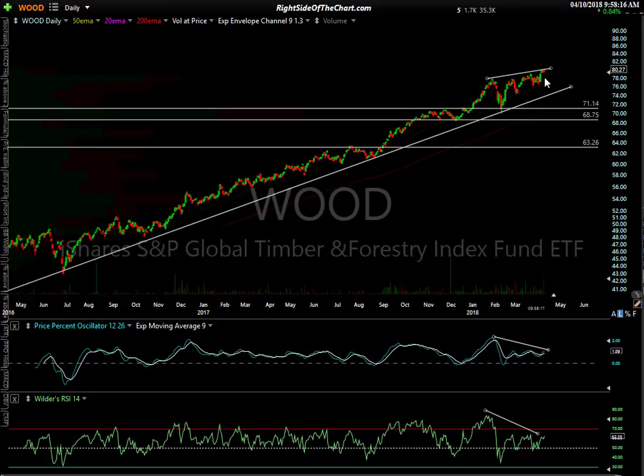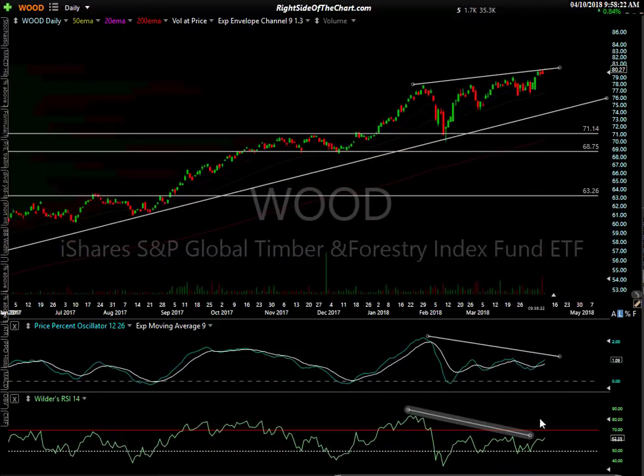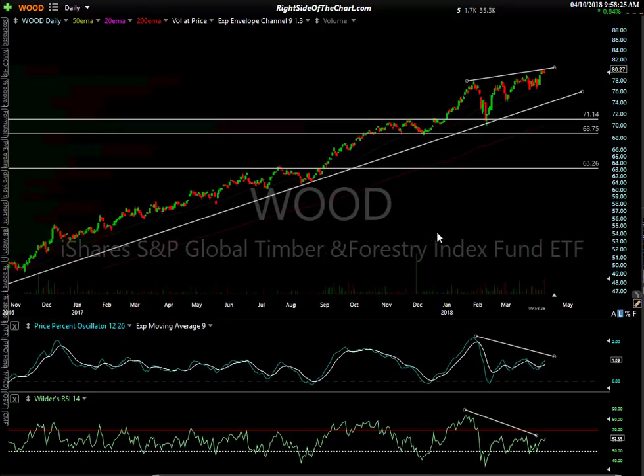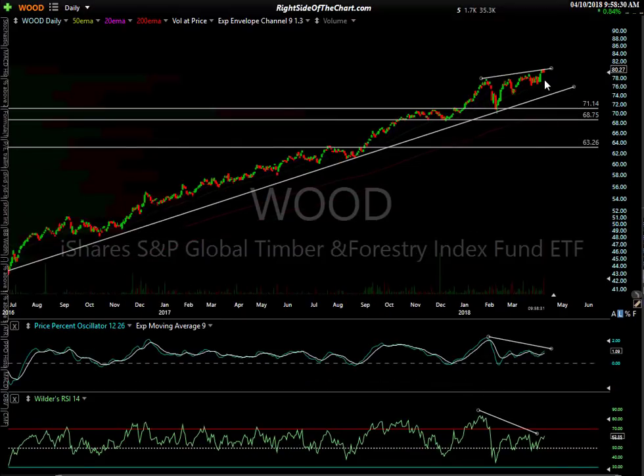But this is one that I'm still on watch for a potential reversal. Somebody inquired about it the other day, but I don't see evidence of a reversal yet. This is WOOD, one of a couple ETFs, another being CUT, and they don't hold futures contracts. A lot of people might be confused because most commodity ETNs have underlying securities that are futures contracts, like wheat and oil, or USO, one of the oil tracking ETFs. A lot of the grains that we trade. But this one holds companies that are in the timber and forestry